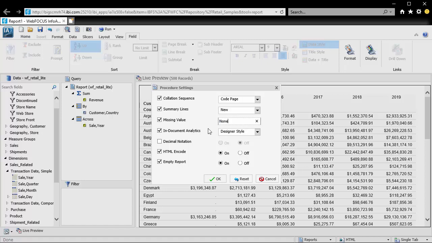In-Document Analytics allows you to set which format of in-document analytics you prefer to use. The default is Designer Style, which displays content using the attributes and layout of WebFocus Designer. If you switch to Legacy, the layout follows the standard drop-down menus and options that were available in 8205, as